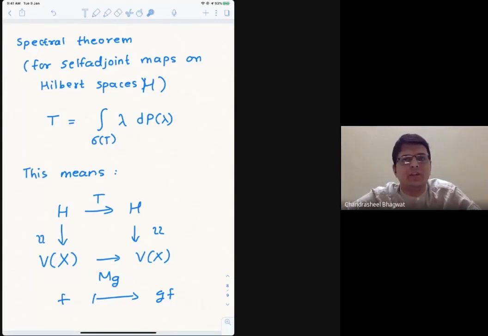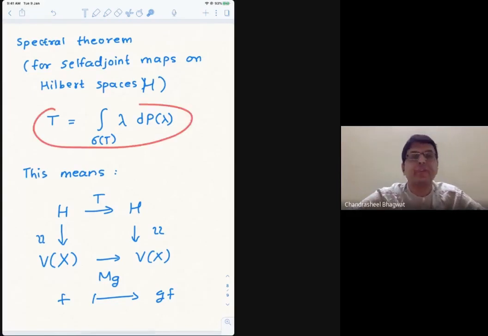Yeah, so try to appreciate the simplicity of this statement. The proof is by no means simple, but the statement is very attractive and simple: every self-adjoint map can be realized as the multiplication operator on some function space. And in my mind, this is really going to give you the idea of how the spectral theorem looks like rather than this guy.